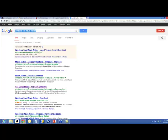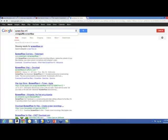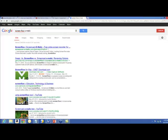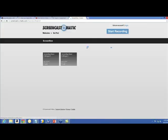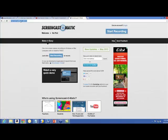The other thing I wanted to point out for you is there's a screen flow. Screencast-O-Matic is another website, Screencast-O-Matic.com. It's another free one that you can use on also a Mac computer to record what's on your screen. So you can take like a PowerPoint slides,